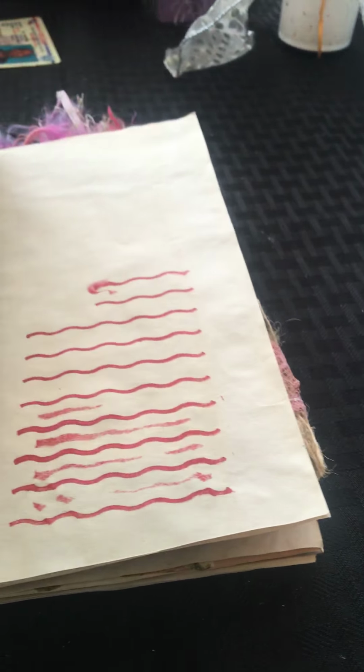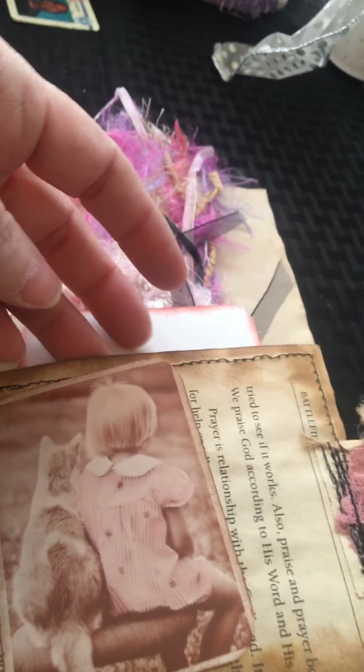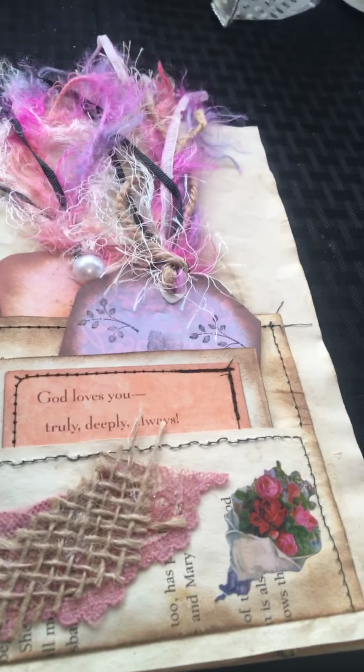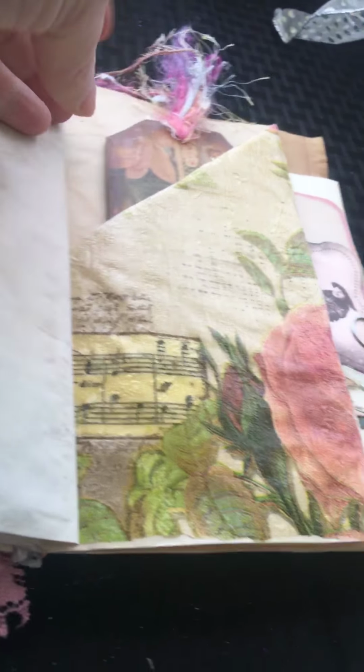But it's pretty much the same thing all the way through. But oh, here's this little booklet thing I made. A little pocket. And then there's a back pocket behind. And then I did this paper napkin Mod Podge on this pocket. And then it's pretty much the same. I think we're nearing the end. Yeah, one more. That's made out of a